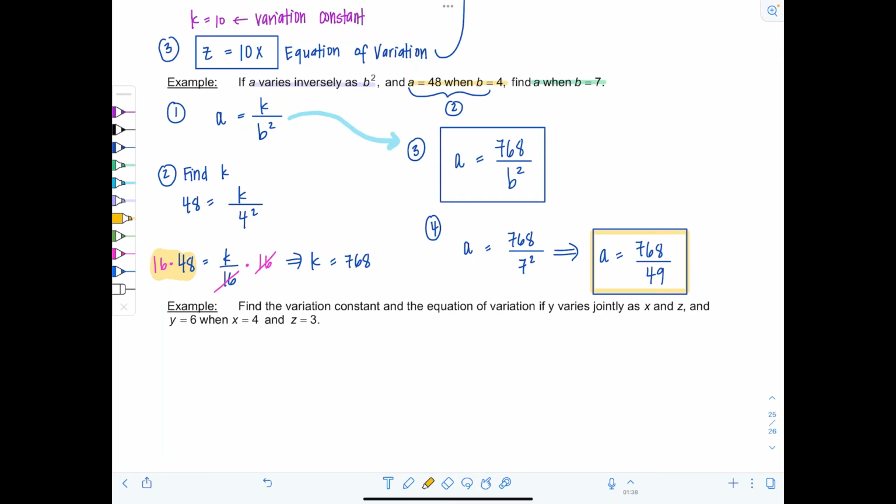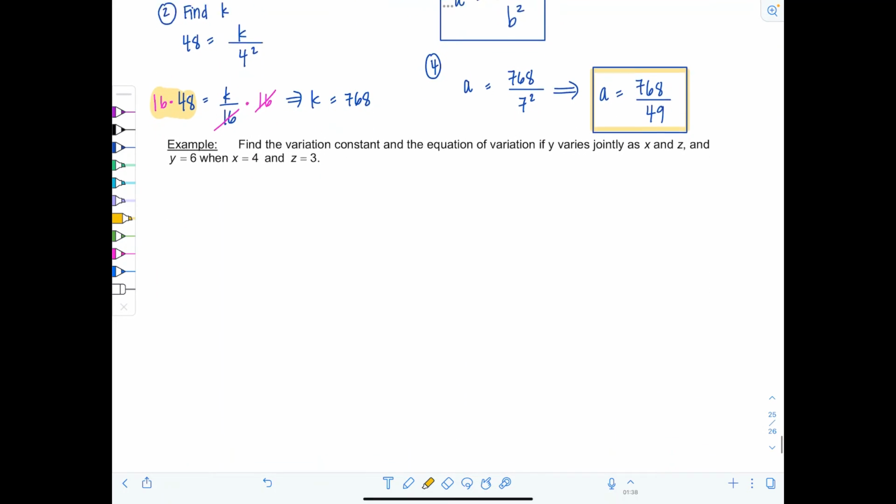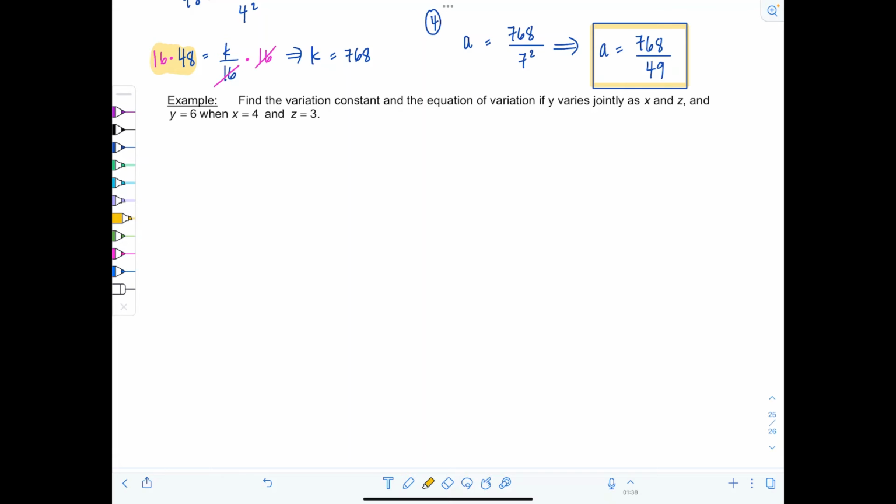Good. How are you feeling? These aren't the worst word problems you'll run into, okay? They're rather tame. Let's do one where we get a little fancier. So find the variation constant. Who's that? Yeah, that's k. And the equation of variation